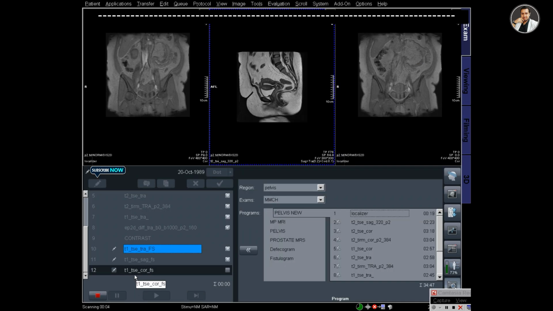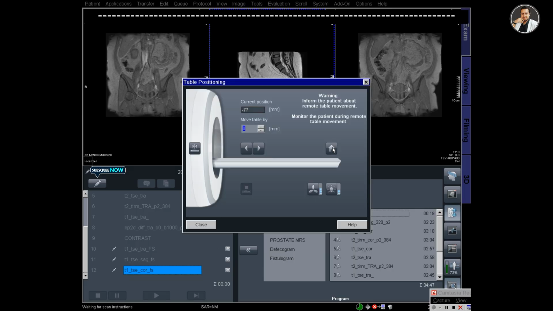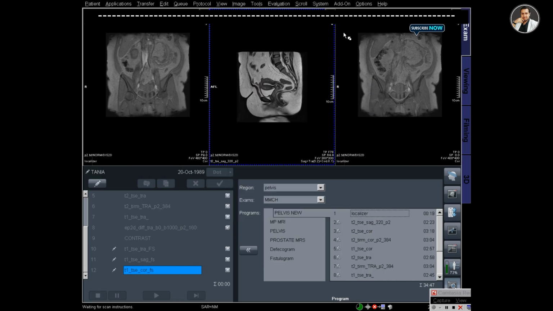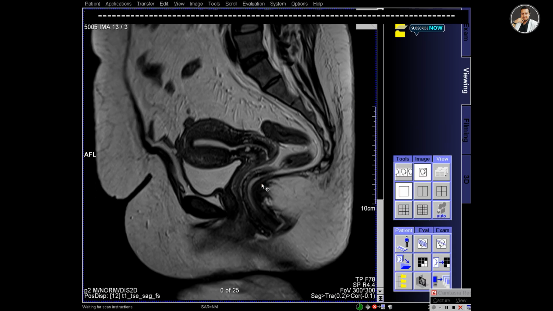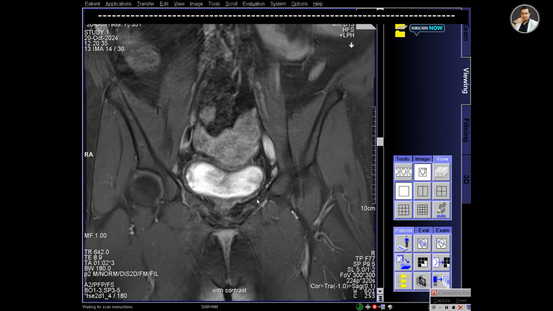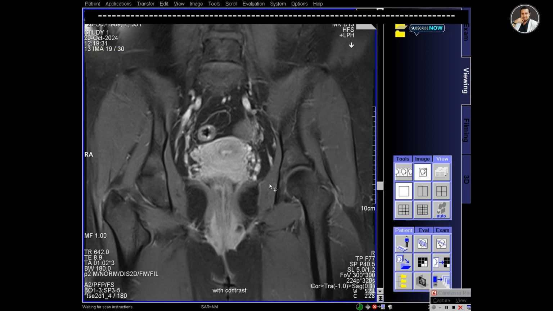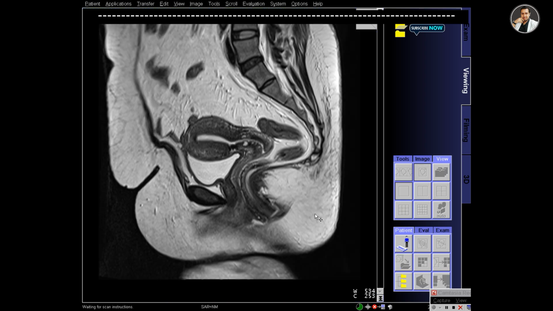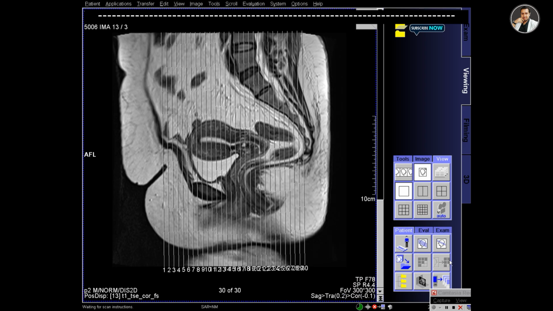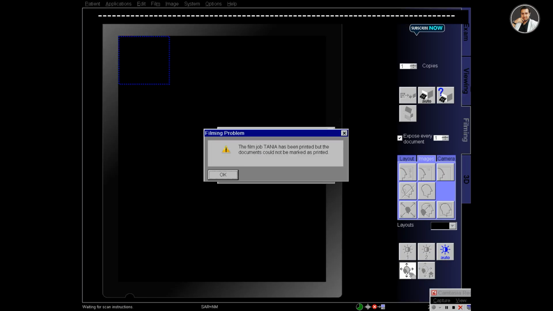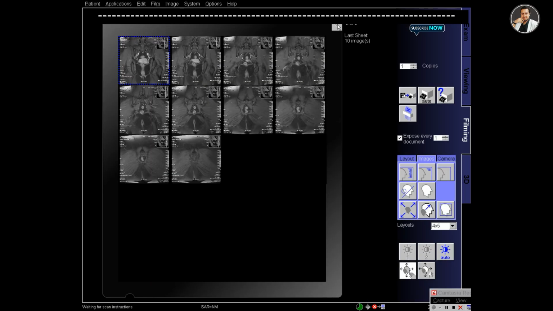And now T1 coronal fat set, the last sequence, is running, and it's just finished. And move out the patient and take him down. The scanner has completed all the scans. And now check the T1 coronal fat set and select the series and send it to the filming to print, and also the reference image for the coronal sequence, send it, and go to filming and select folder.